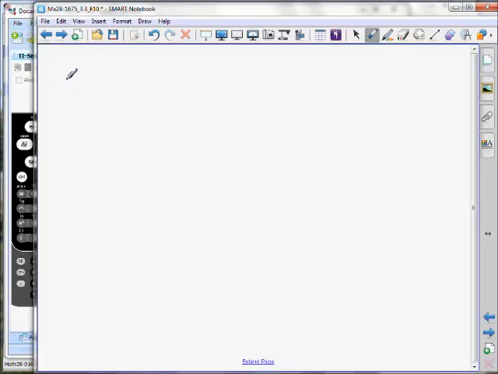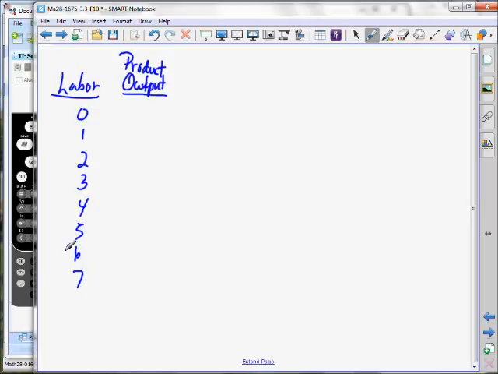Okay, so we have labor again. And you have output listed here. Is this product again? Okay, so we could put product again up here. And again, only this time we go down to 9. I'll write it out here so we have a record of it. And this is going to be a little easier to remember. It's 0 and 10, and then it just goes by tens, but it goes 30, 60,